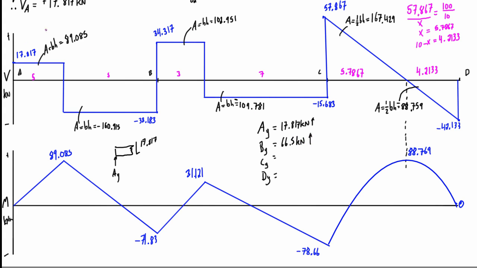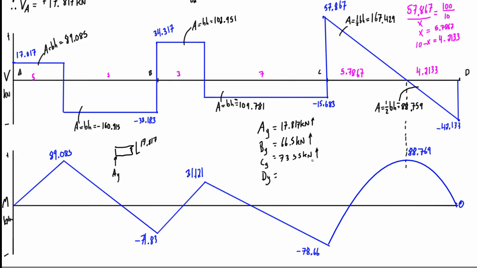Where we had the point loads pressing down, causing that downward jump, there was one there, and there was one there. Where we have the upward jumps, it's oriented upwards. So the same thing is happening at CY. We take the sum of these two values for the total jump, so 15.683 plus 57.867. That gives us a reaction at CY of 73.55 kilonewtons